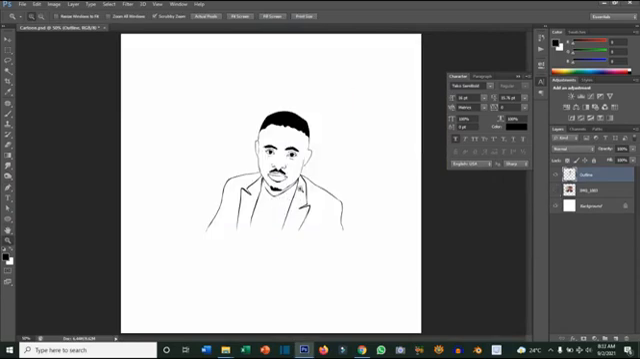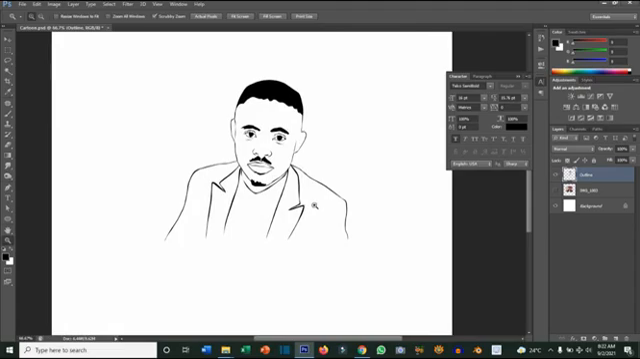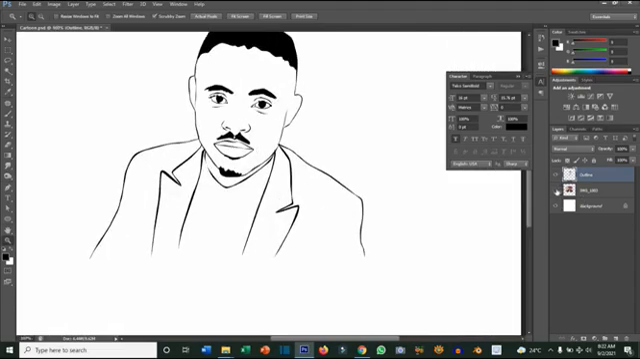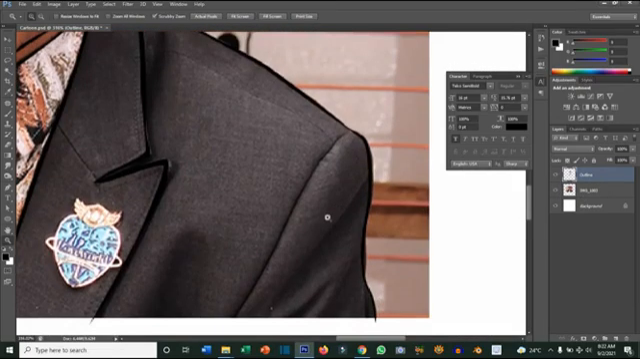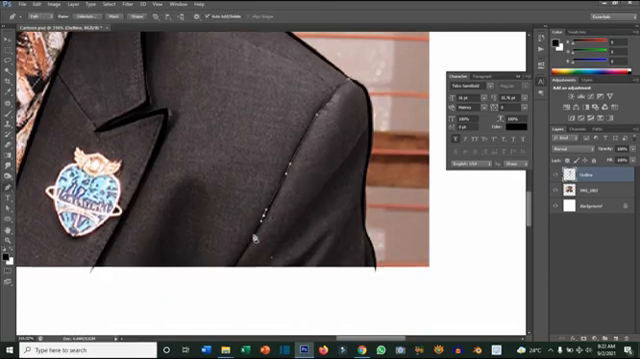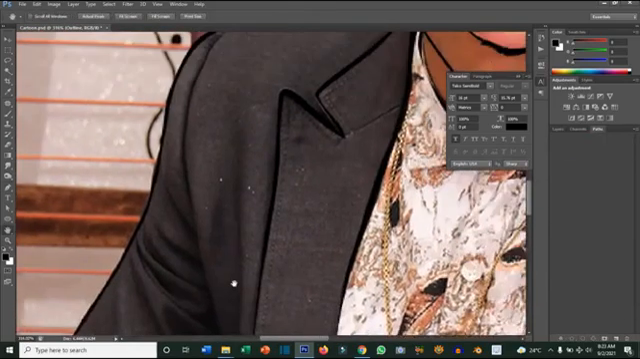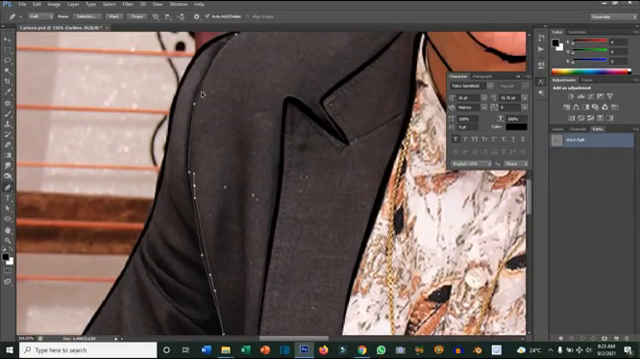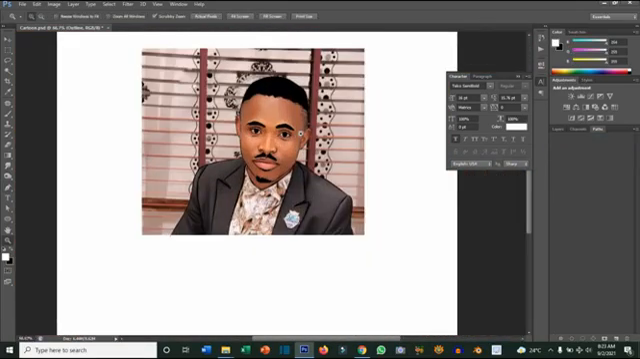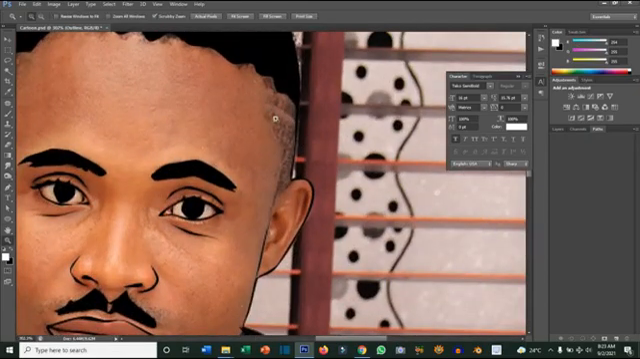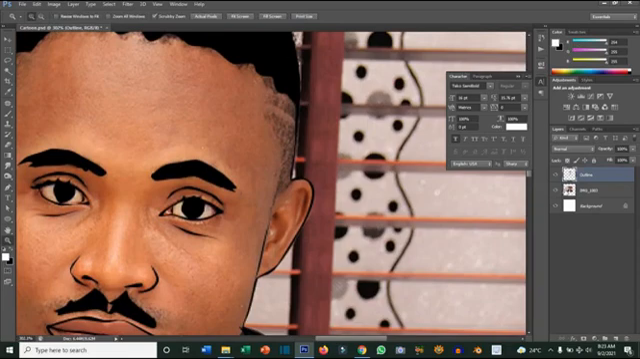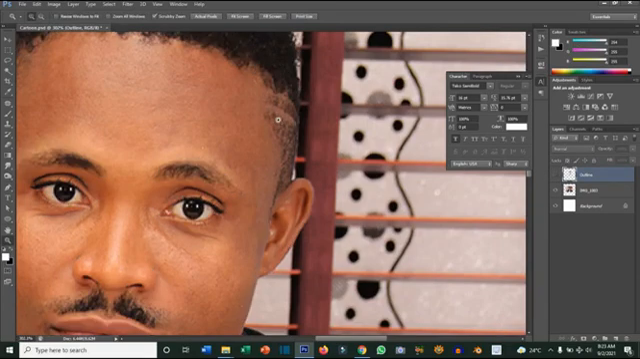As you can see, it's already looking like it. So let's finish up the outline, then we'll continue. For this part here, I'm going to do something. If you notice, the hair is darker than this part. So what I'm going to do is create another layer just below this, and